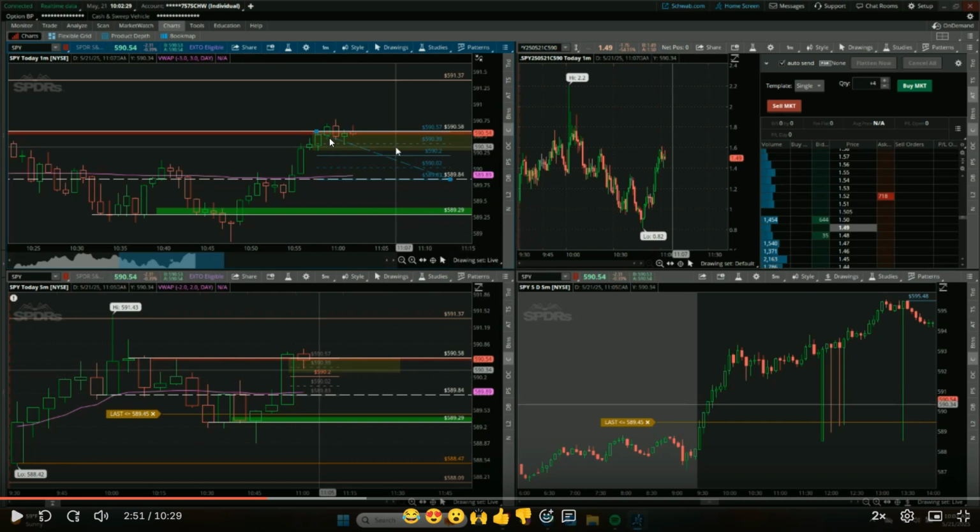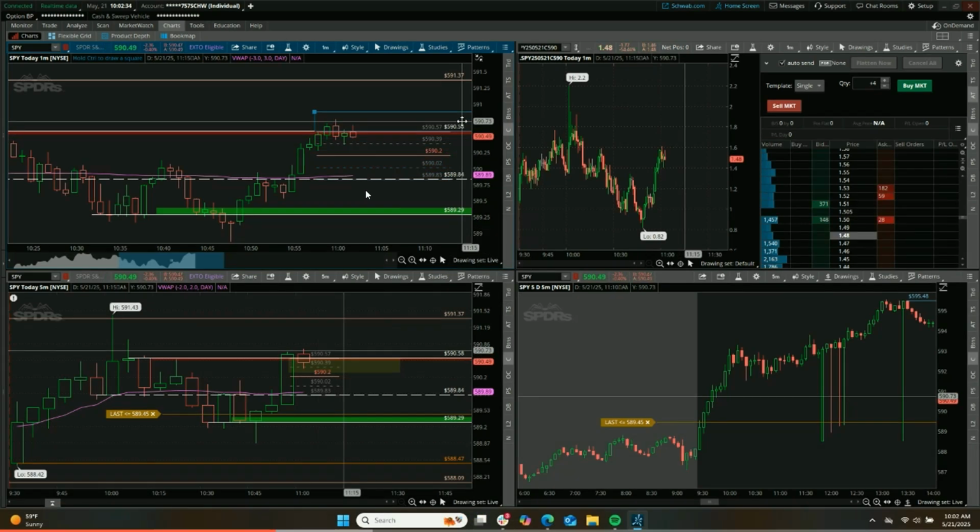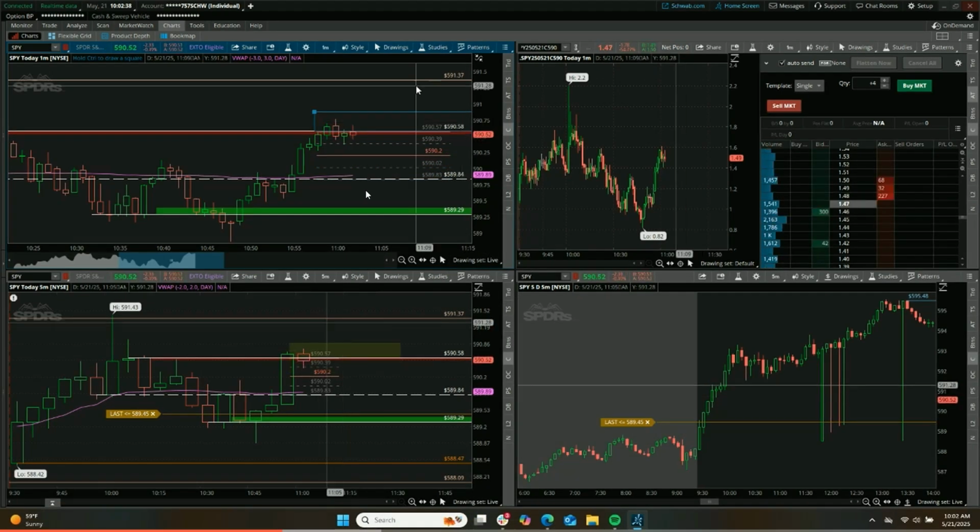So here we are. It's no longer a reversal candle for a put. It's a zone candle for a call. And this is a reversal candle for the call. And this is supposed to be the confirmation candle. So I moved my stop loss box up to a position where I'm looking for a call.